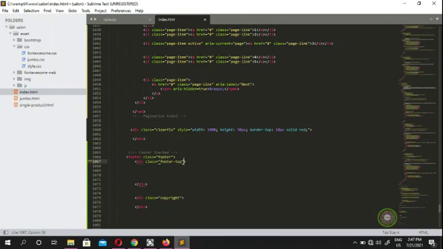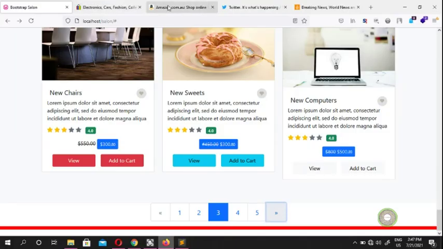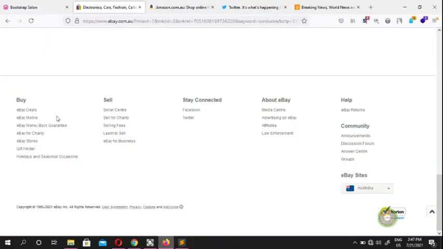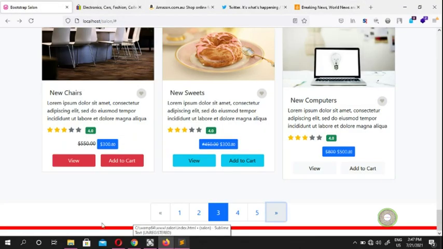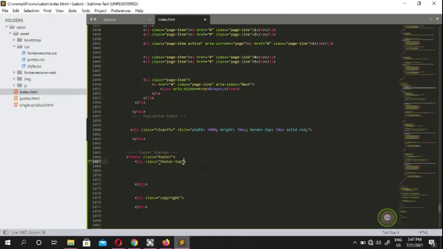There is a footer top, where we're going to put these items. We're going to put our company name here. We're going to put all this information: contact us, like Al Jazeera has about us, code of ethics, terms and conditions, contact us, app, newsletters and so on. Al Jazeera has English, Arabic. This is a huge company, so we're going to create our own, but similar. So it has a footer top,